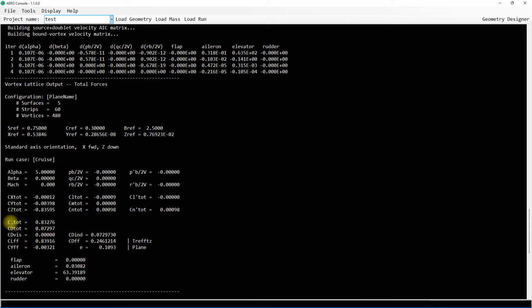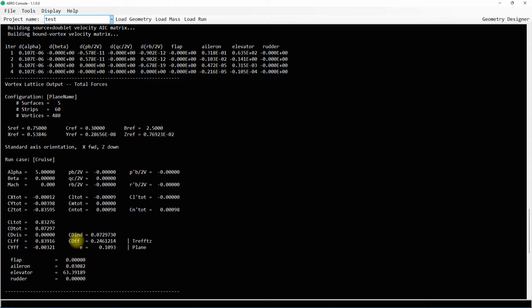And we do have total CL, total CD, CD viscous, CLFF, and CYFF. And we do have the induced drag, and we do have the CDFF. So these are related to the sources of the drag, and you can see the induced drag is basically drag caused by infinite or lack of infinity for the wings, so the vortices that are generated at the tips of the wing. So due to the lift, so CL, there's the induced drag,